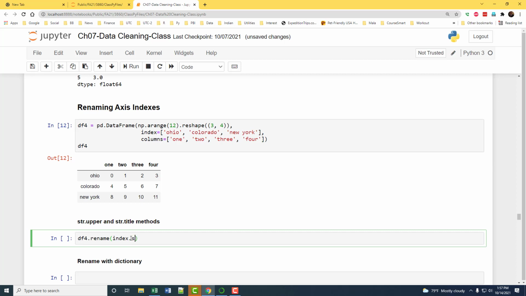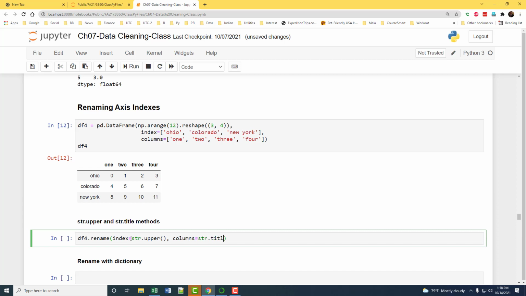Index, we can say upper. And then if you say columns equal to